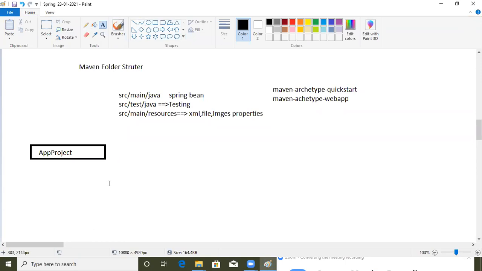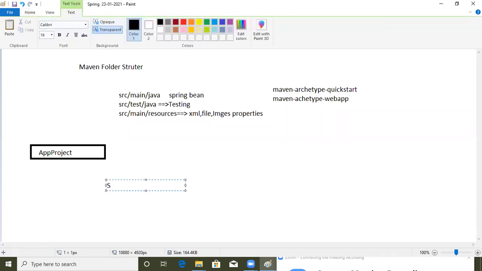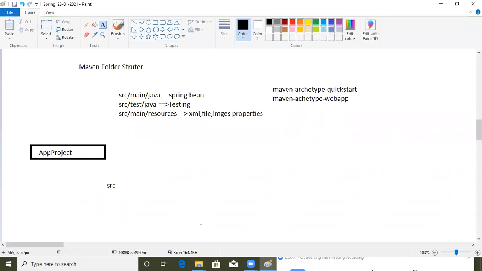Here src is there. Inside src, main is the main folder. Inside main, there is java. Again in main, one more folder, resources, is there.